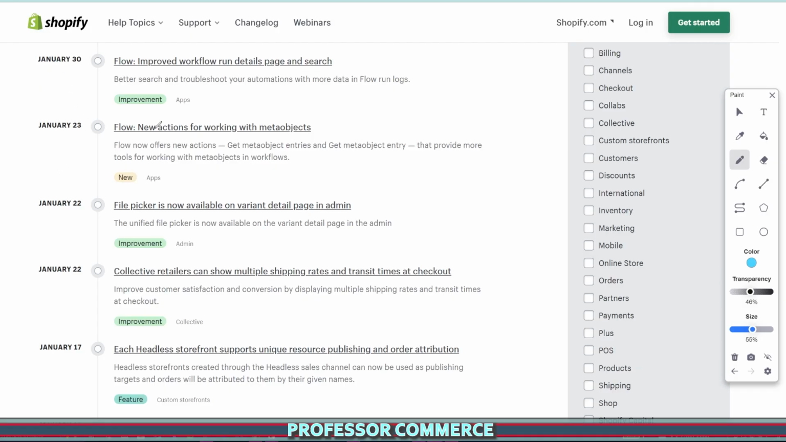But the last 2 updates here are just about Shopify Flow. We have a new addition and a small improvement. Every single month we have information about Flow coming out. So these 2 updates say for the Flow app, there's a new feature. It says new actions for working with metaobjects. Flow now offers new actions. You can get metaobject entries and get metaobject entry that provide more tools for working with metaobjects